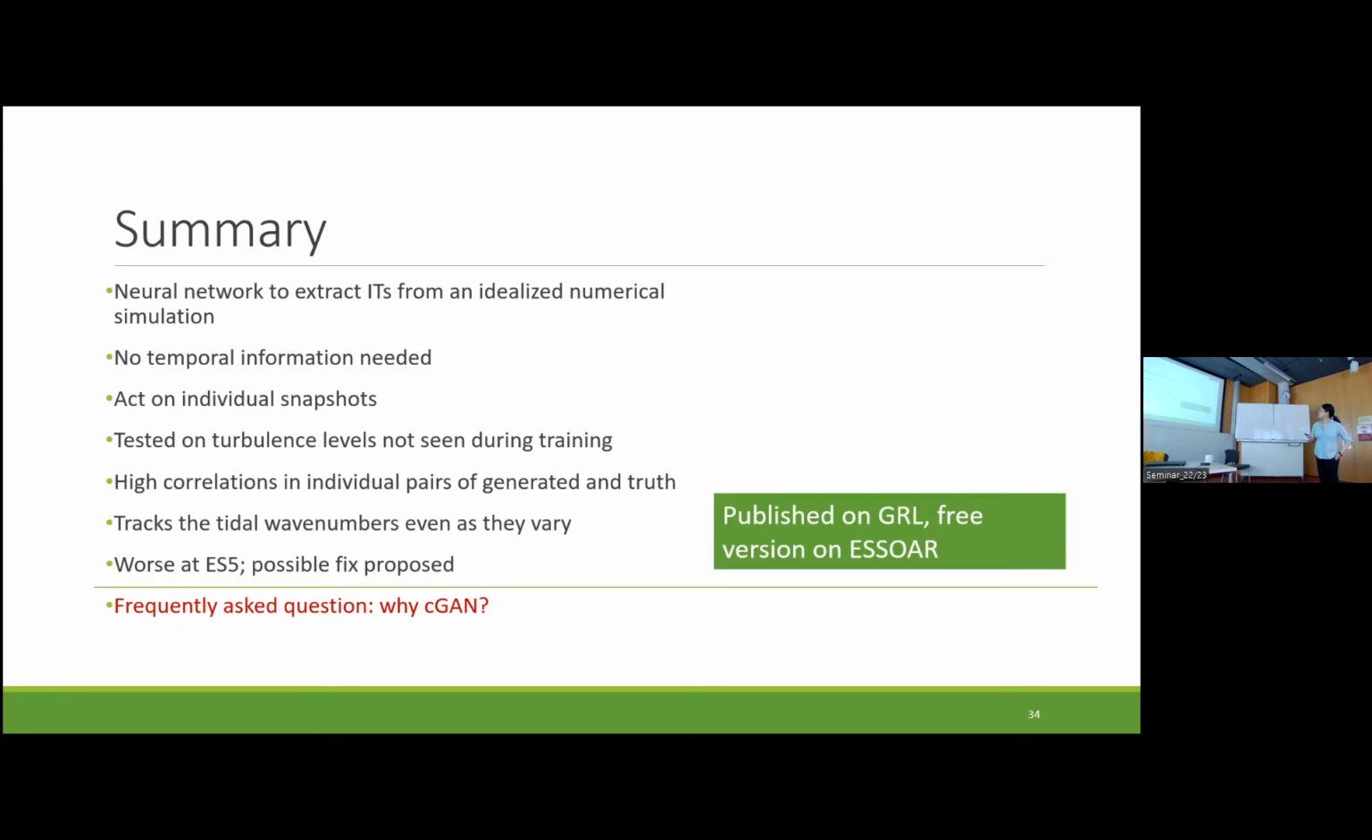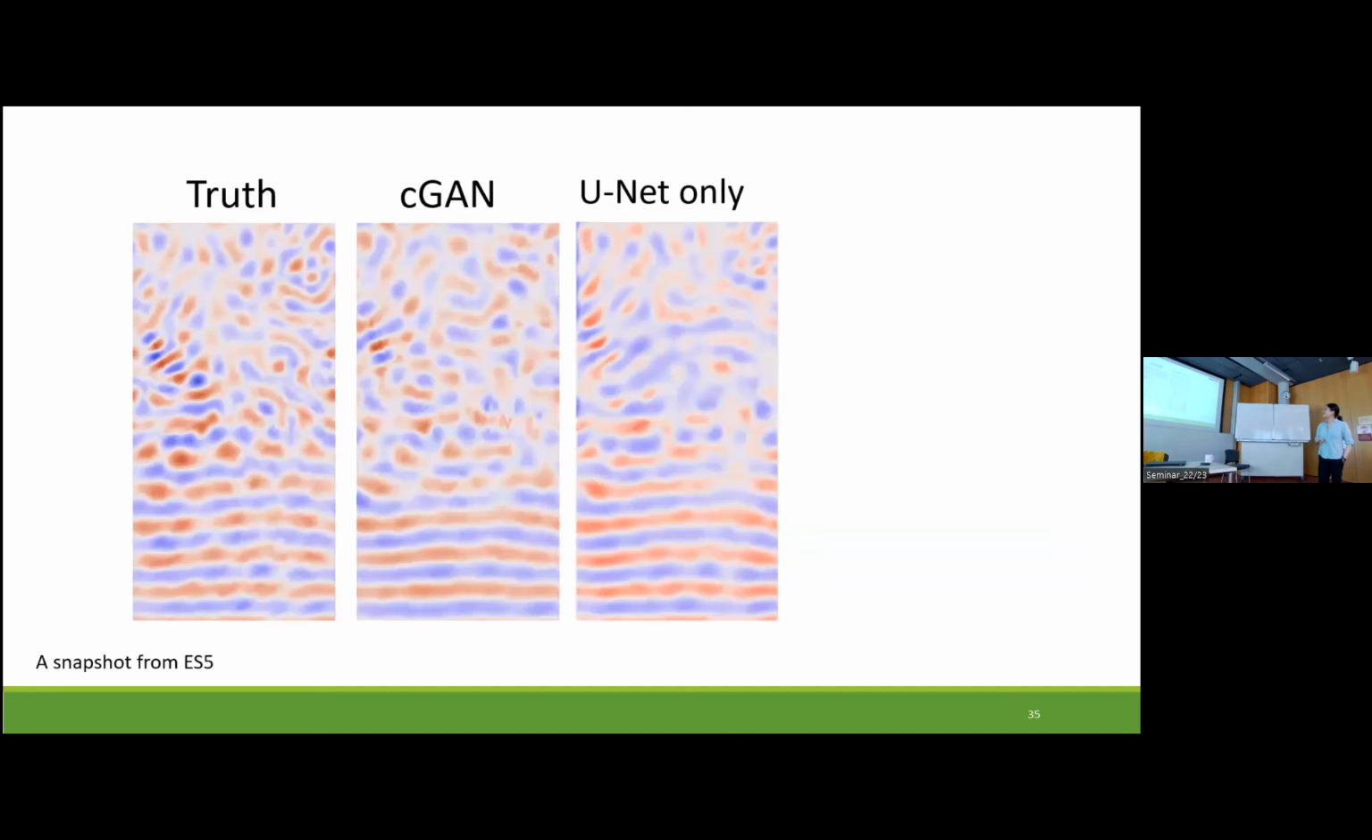And I want to spend maybe another 3 minutes talking about the current work in progress, which is motivated by the most frequently asked question when I present this work. The most frequently asked question is why we are using a conditional generative adversarial neural network for this task, because there are a million other deep learning architectures we could have tried. And a quick answer to this question previously was that if we use a simpler neural network, which is, for example, a UNet, which is simply a generator without a discriminator, then the performance is much worse than